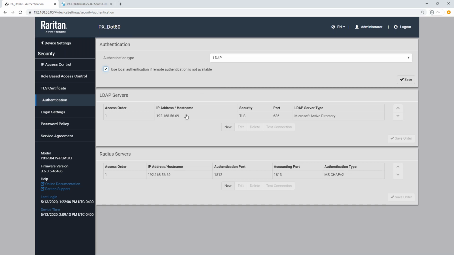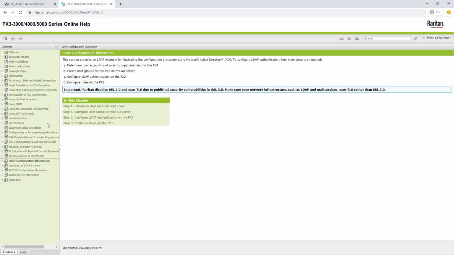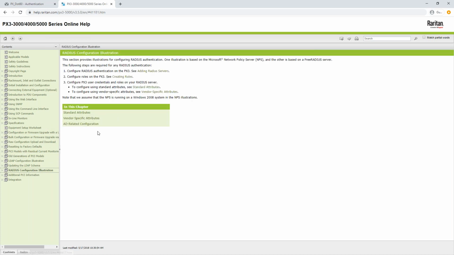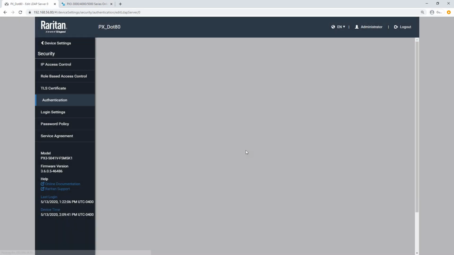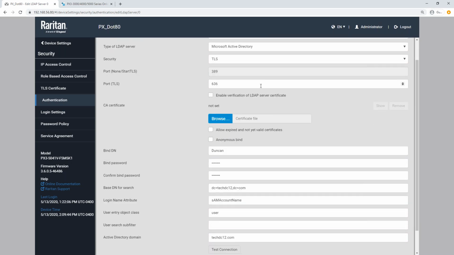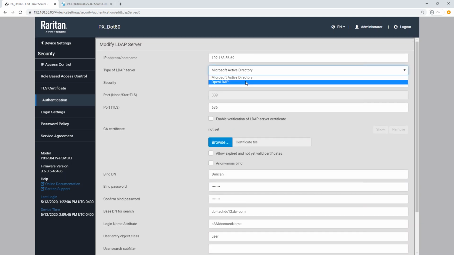So we're not going to dive into the LDAP and Radius setup because that can vary depending on the infrastructure. But we do have some great help documentation for some of the most basic setups. So Microsoft AD, or if you're using Radius, Microsoft NPS, Network Policy Server. So you can go through those and they give you a little step-by-step guide. But it's pretty straightforward. All your parameters are in the menu here. Microsoft AD versus OpenLDAP, menu options change slightly,